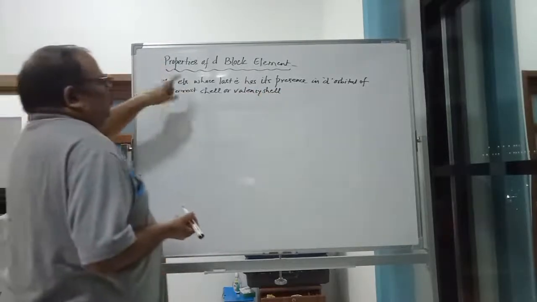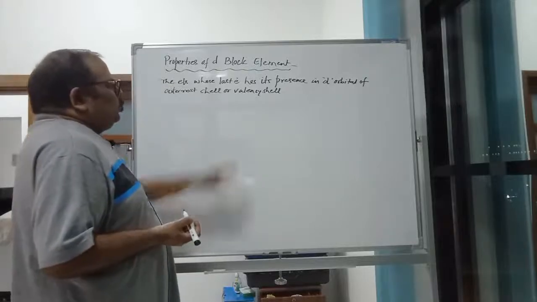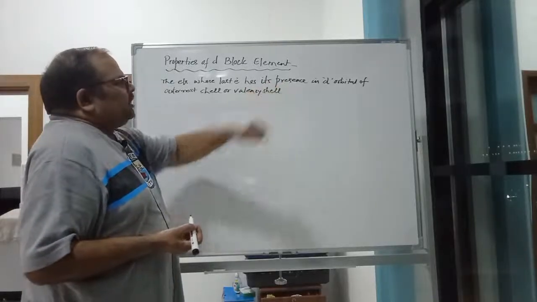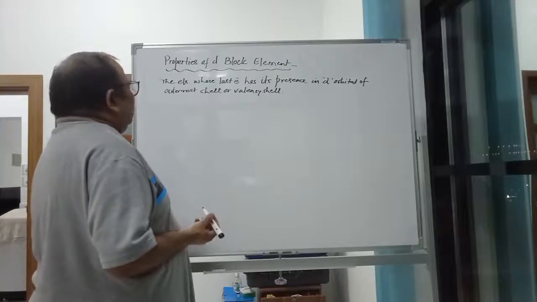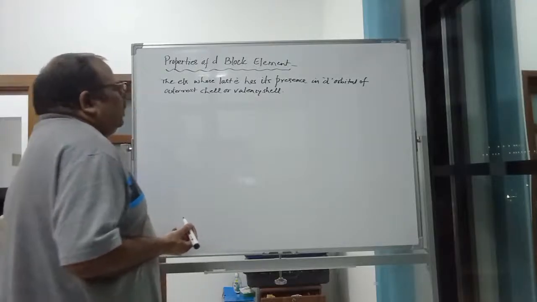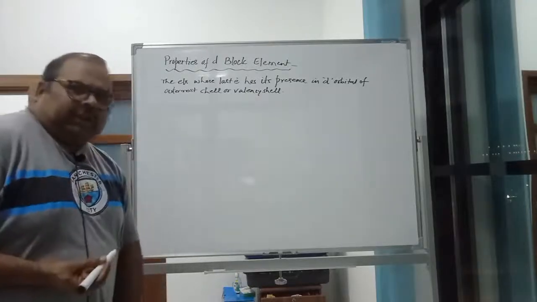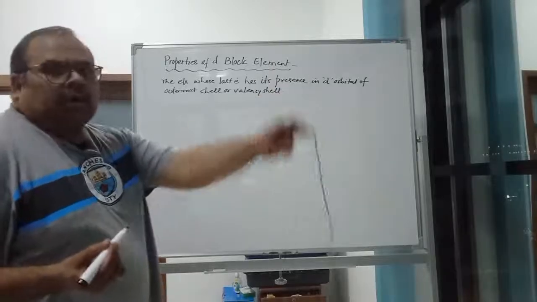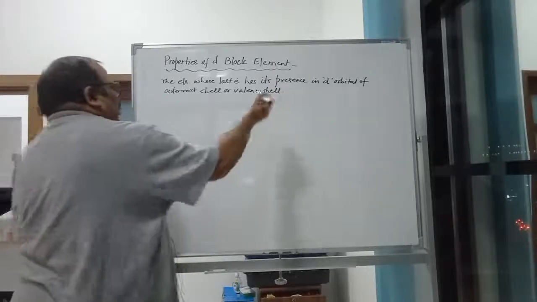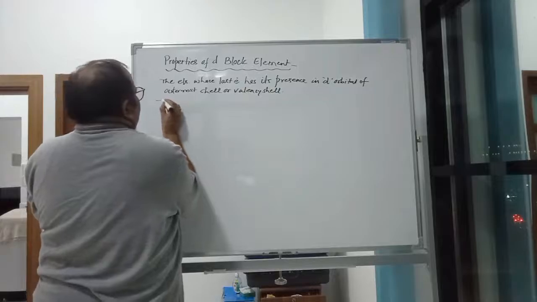So the elements whose last electron has its presence in the d orbital of the outermost shell or valency shell are termed as D block elements. Now you see, in this case